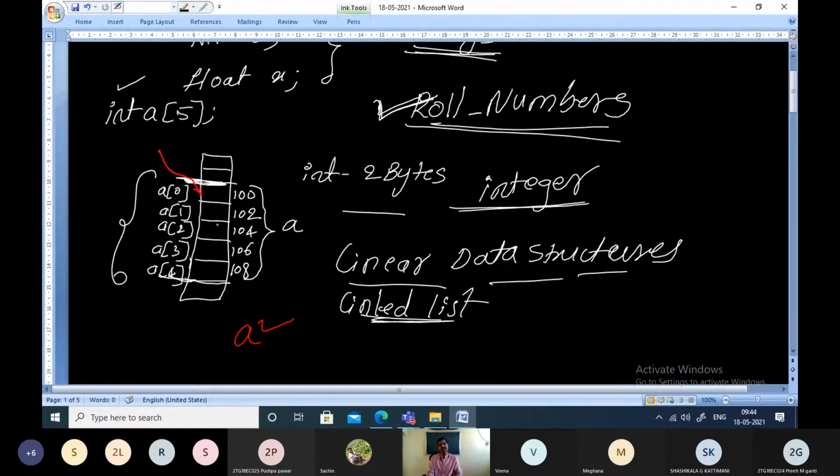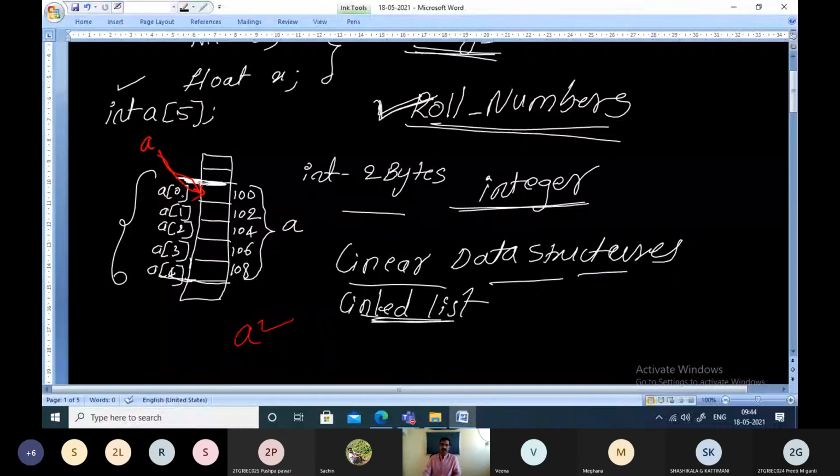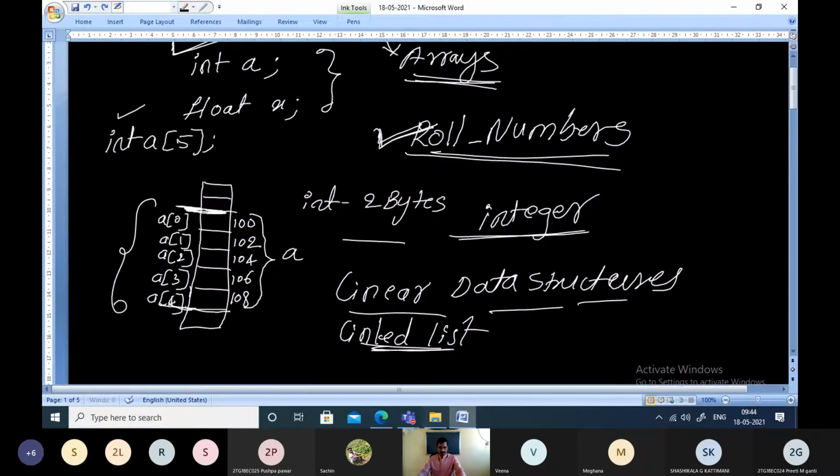This A is always pointing to the first element of the array. So how do we access the first element of the array? By using the name of the array and specifying the index value, and by default the name of the array will be pointing to the first element of the array.